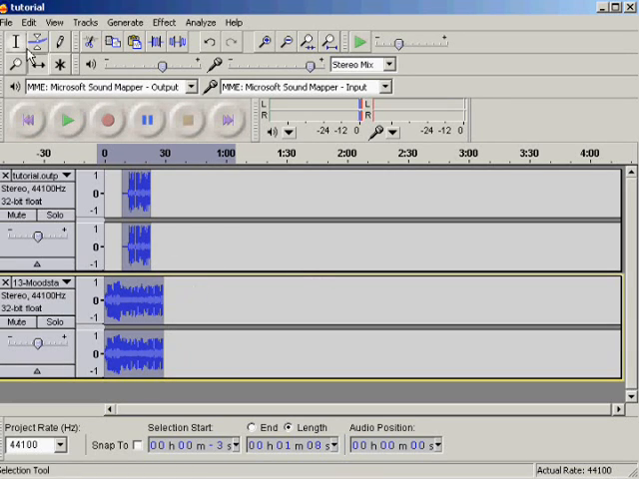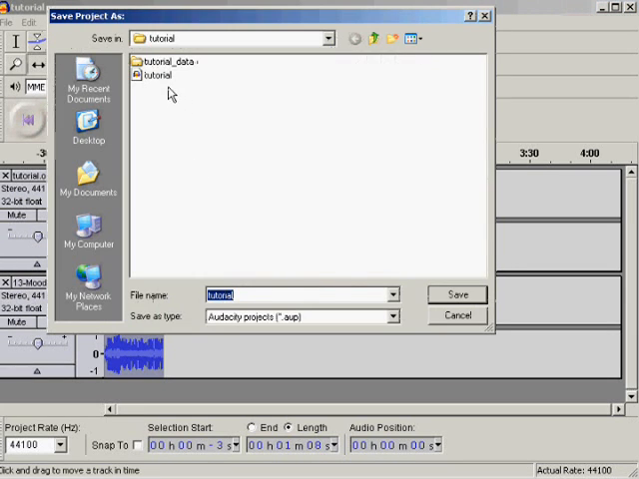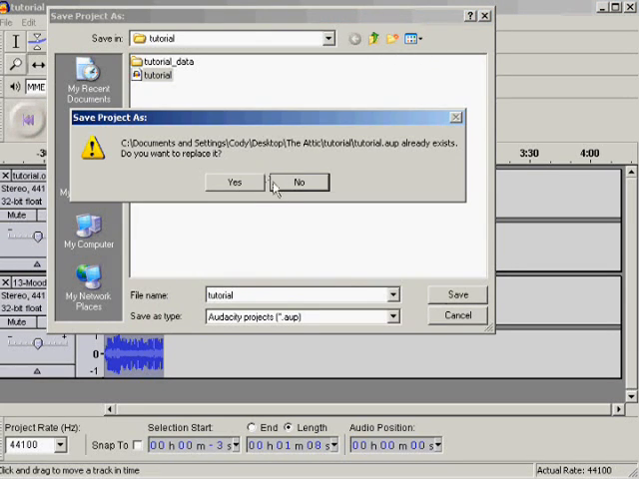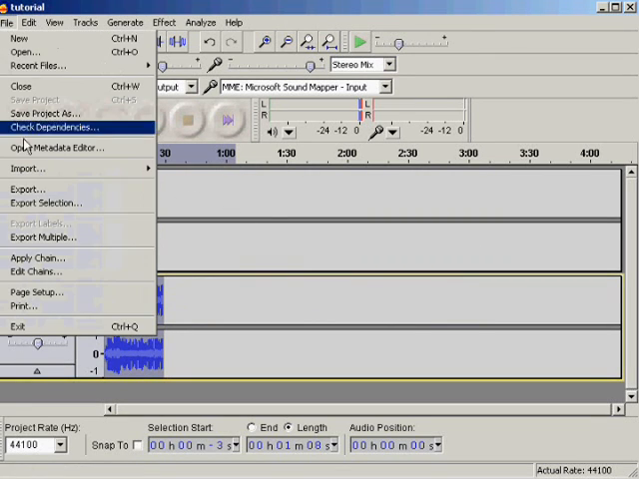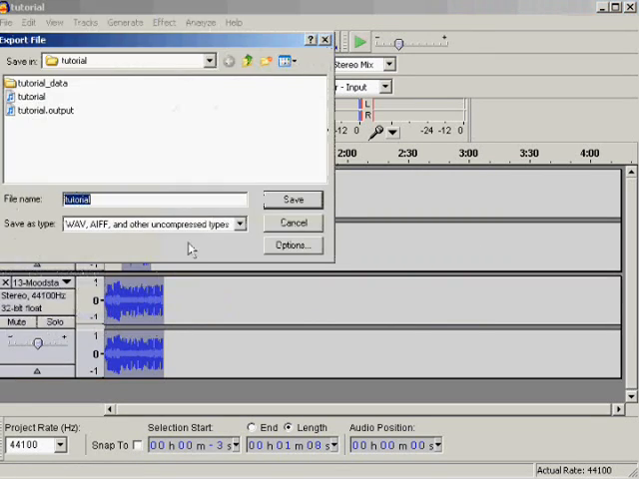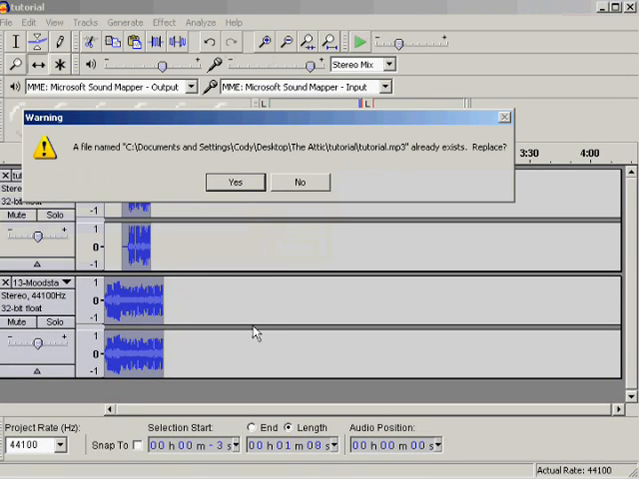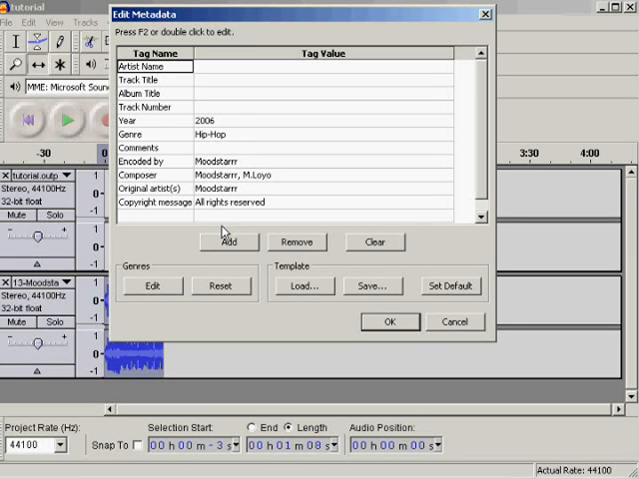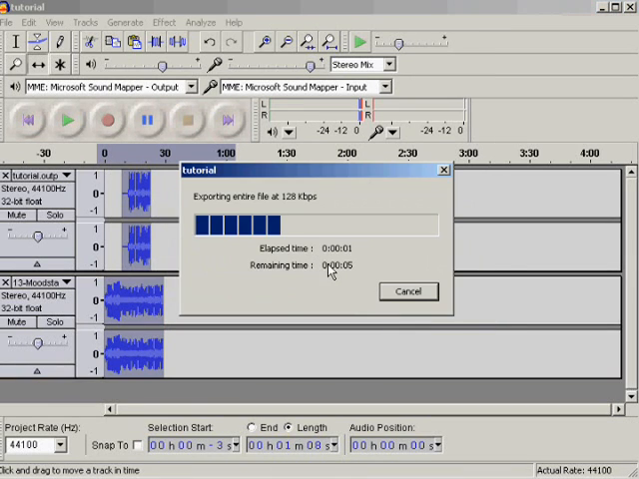And if you wanted to export this as its own file, well, first you probably want to save the project just to be safe. So we'll save it as, and we'll call it tutorial again. Yes, replace it. And then you can go to file and then export, and export it as whatever you want, an MP3 file. There you go. And we're going to overwrite that as well. And that's